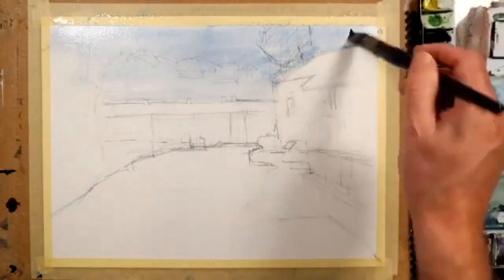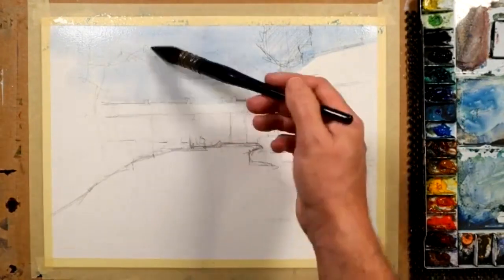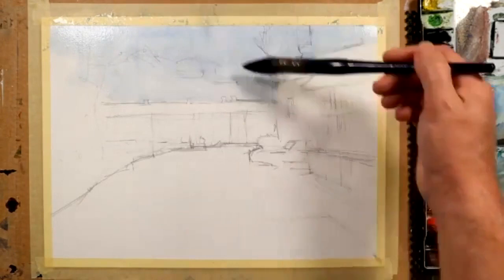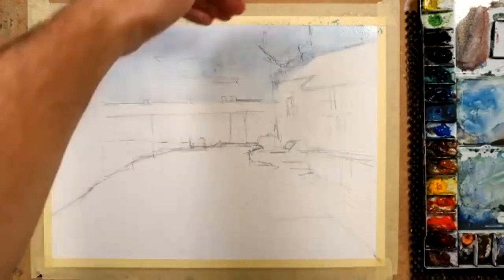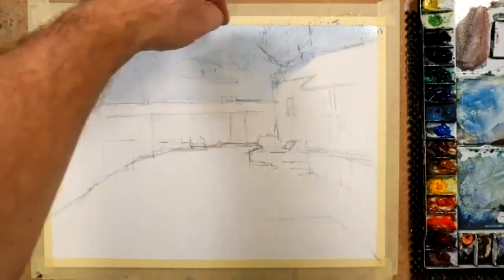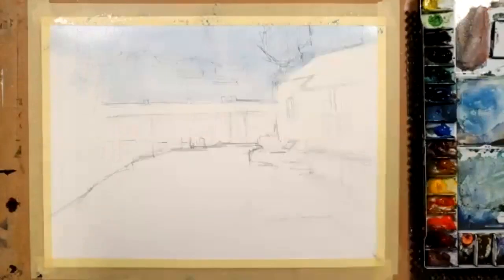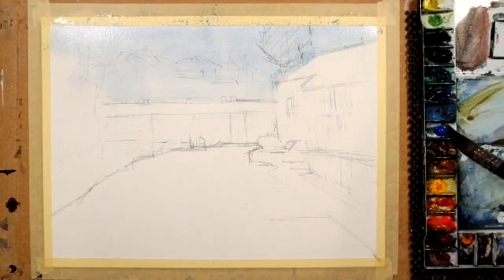Okay, so I'm just shaping that up. Not a particularly strong pickup of paint, not a very strong application. There's plenty of water with a bit of paint. So as I say, let's not worry too much about the sky. If there's a bit of blue at the top of this area, all well and good, but it's not my concern. I think we'd be better off just creating an organic sort of color and shape